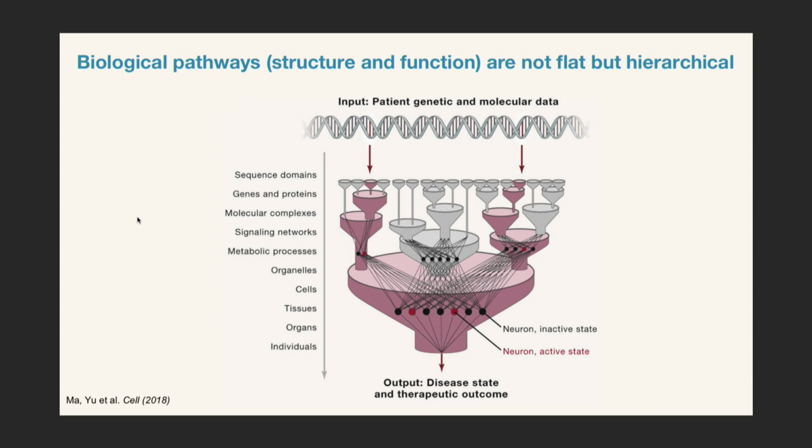Those changes in states of proteins give rise to changes in macromolecular protein complexes, assemblies of multiple proteins, sometimes of many proteins. Those small and large complexes are players in signaling networks, in a more fuzzy way in what people call metabolic processes. Those happen in organelles, cells, affecting the states of tissues, organs, and ultimately the patient. So how could we capture, or could we capture, this very deep notion of the cell as a hierarchical multi-scale system? Why do I say multi-scale in the same breath as hierarchical?